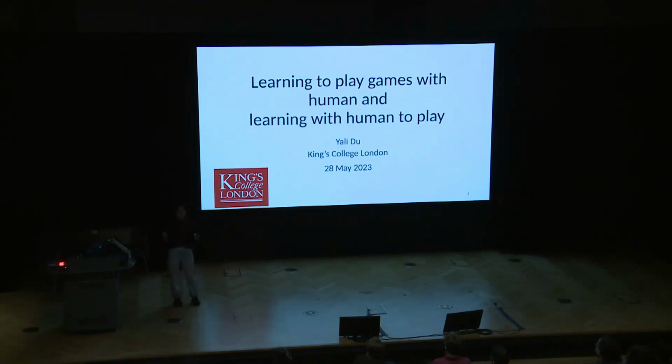For example, for multiplayer games like chess or Go, sometimes it's a competitive game, but for other cooperative games like Overcooked, maybe some of you might have played that, it's a two-player game. So how could you enable an AI agent to partner with any human? That is one thing.